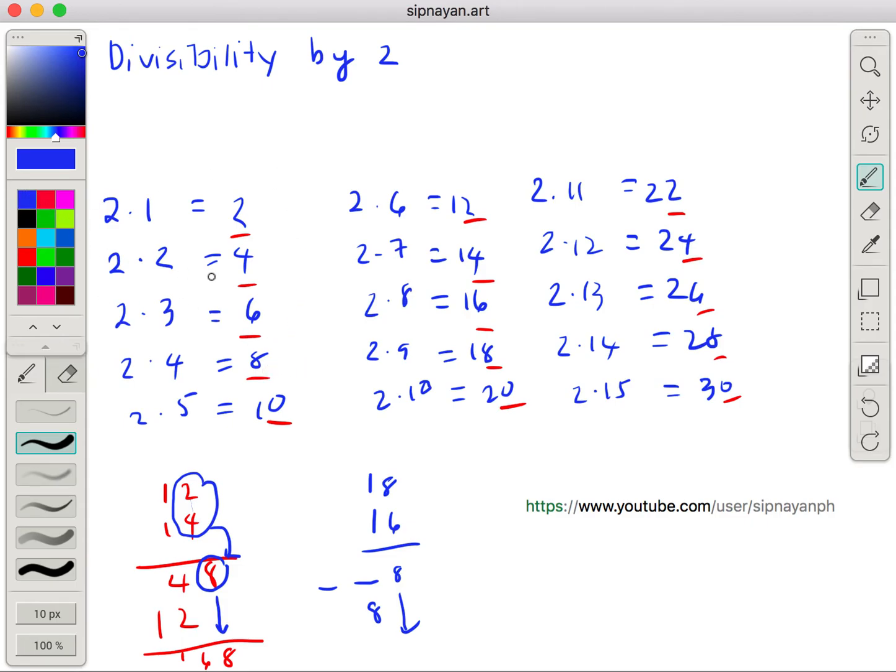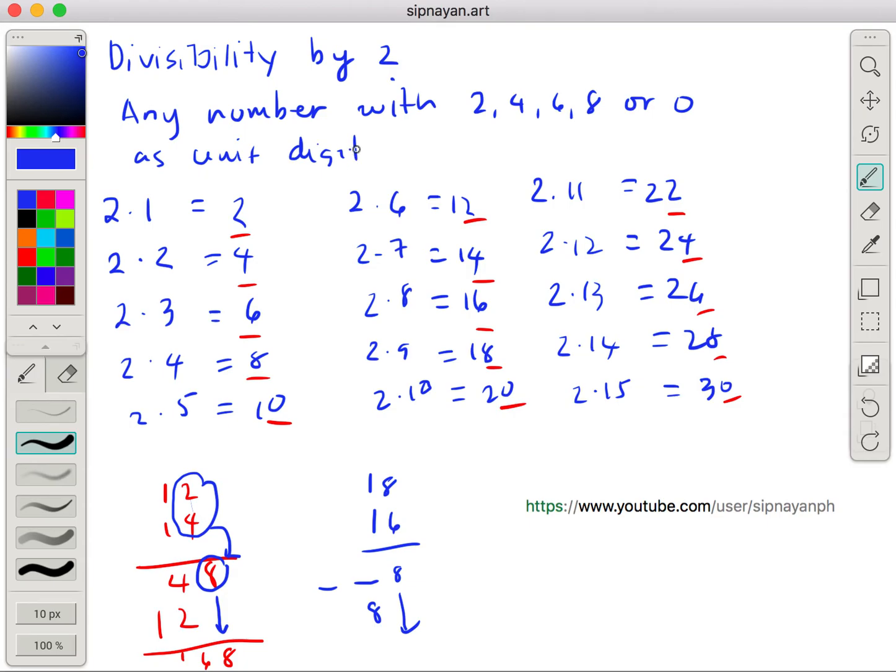Okay, so from there, from that explanation, pwede natin masabi na any number with 2, 4, 6, 8, or 0 as unit digit is divisible by 2. Ang unit digit, ibig sabihin ones digit, no? Yung pinaka nasa right hand side ng number. Any number with 2, 4, 6, 8, or 0 as units digit is divisible by 2. No? So, ngayon, madali lang natin ma-distinguish if a number is divisible by 2 by just looking at the units